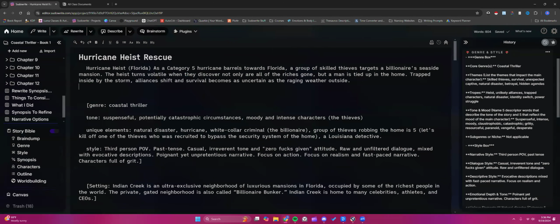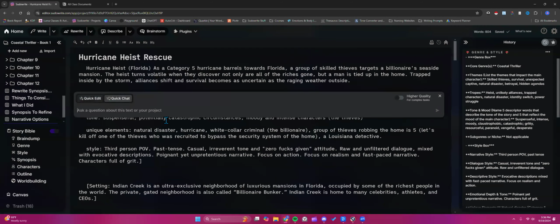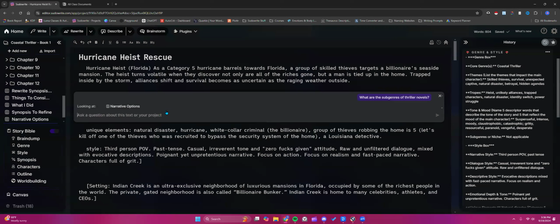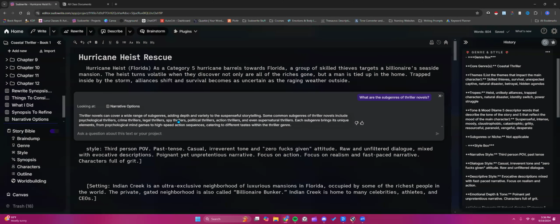You can also ask ChatGPT or Quick Chat. So Control K to bring up Quick Chat. And I'm going to go broad first. I like to go broad and then niche down to get more ideas. So I'm going to say, what are the subgenres of thriller novels? Do this in whichever AI program you prefer. So it gives me a list. I'm going to say it didn't actually mention coastal thrillers, so